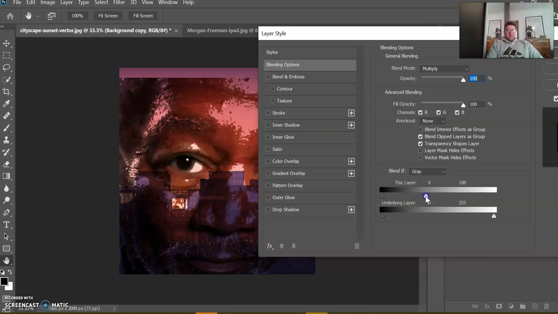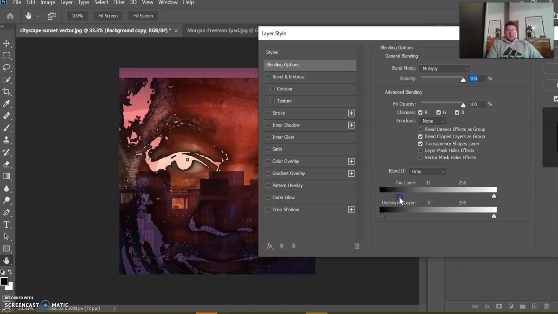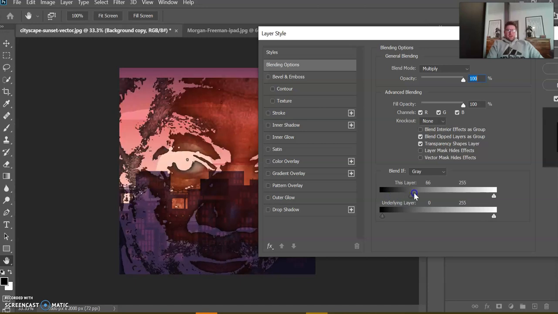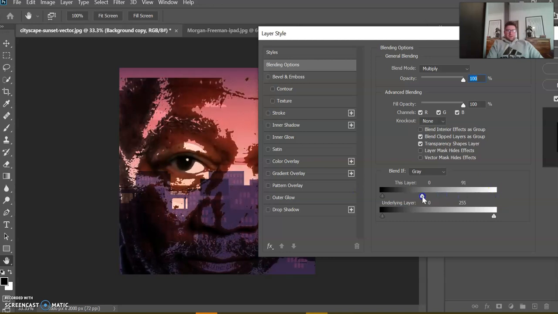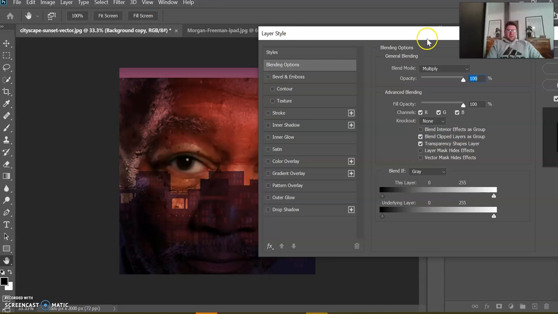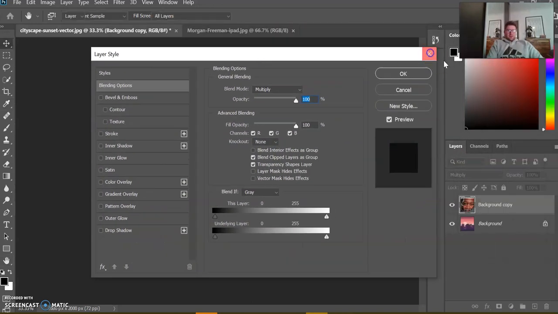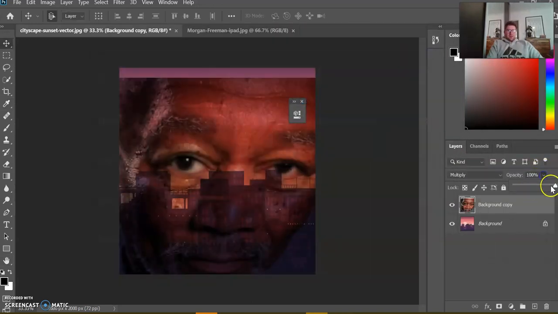So we can get rid of some of the lighter colors or some of the darker colors. So it depends on the image, the quality of the image and the image itself, on how versatile this option is. So it's not really working well in this case. So what we can do instead is just change the opacity,